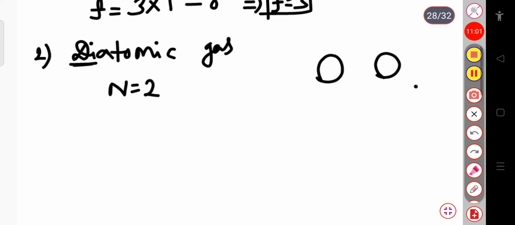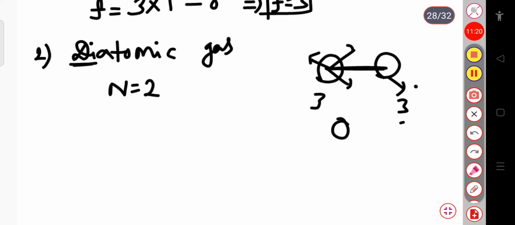Now this particle, suppose this is in the 3-dimensional case I am considering, it has x, y, z 3 coordinates, and also this particle has 3 coordinates x, y, z. But in case of the diatomic molecule, here is a bond. In between these particles, they are attached with a bond. Their separation is fixed. For the diatomic molecule, this distance is fixed. So they cannot move